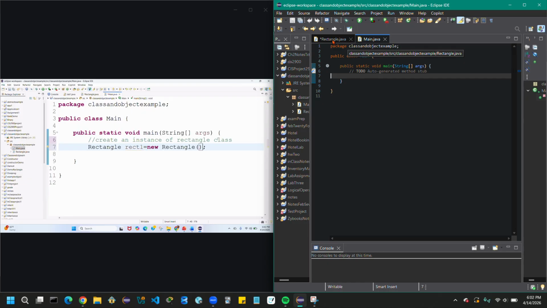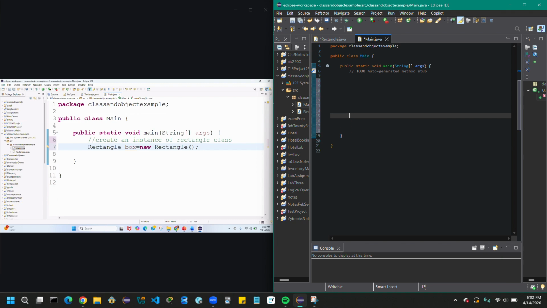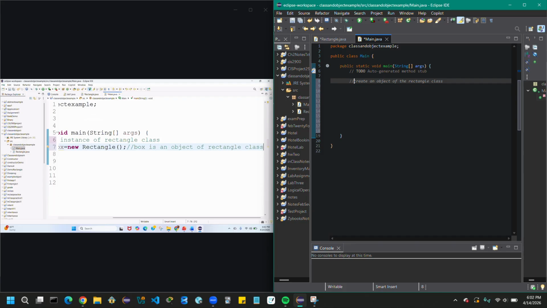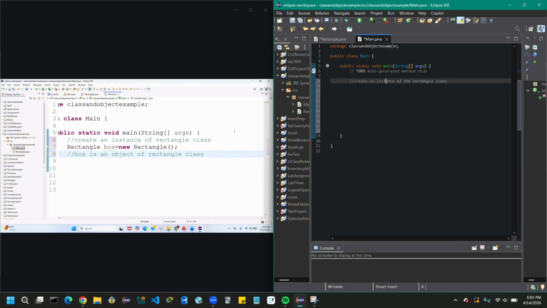So I'll create a box instance. So that is the syntax for creating an instance of the Rectangle class. So box is an object of the Rectangle class.